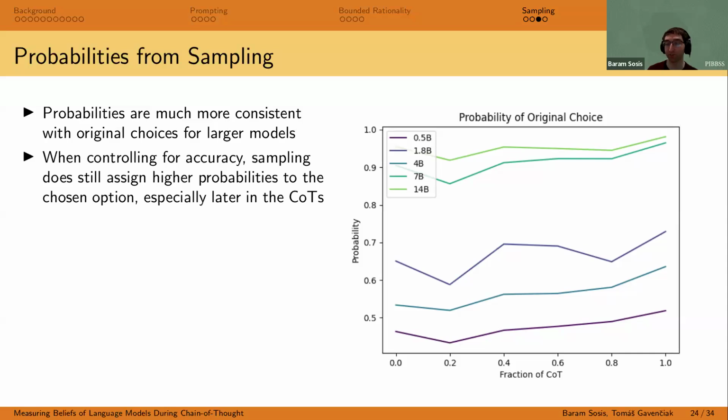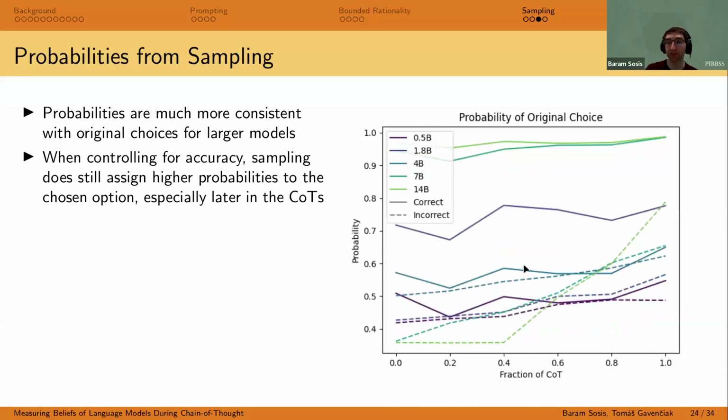But I think this is, in part, confounded by accuracy, right? Because you can imagine if the larger language models are just very good at giving the right answer, then they're going to be doing this regardless of what the beginning of the chain of thought is, right? But it turns out that even if you split up the data by correct and incorrect trials, where the solid lines here are correct and dashed lines are incorrect,